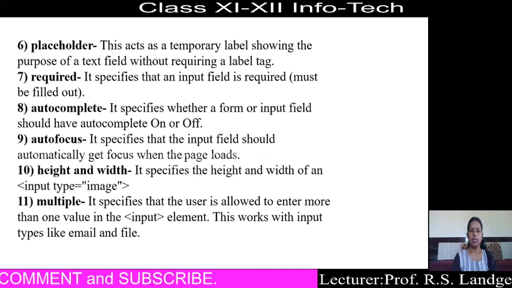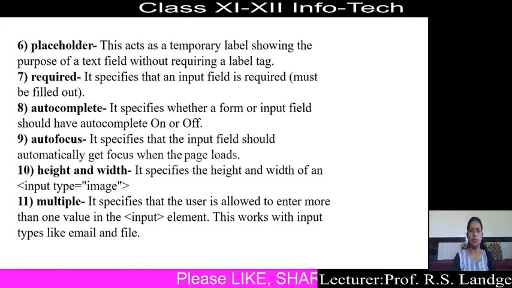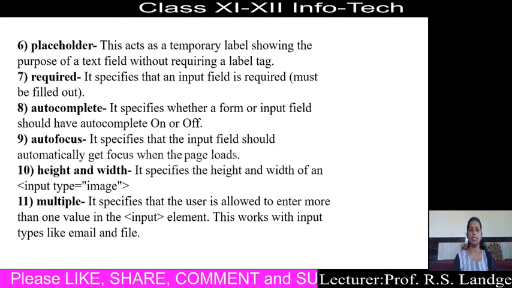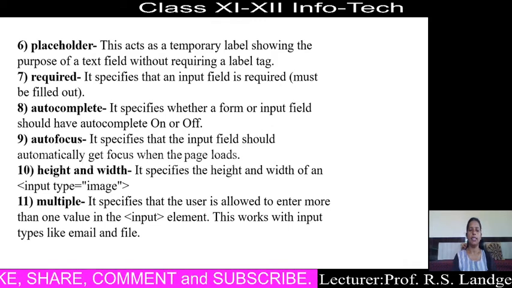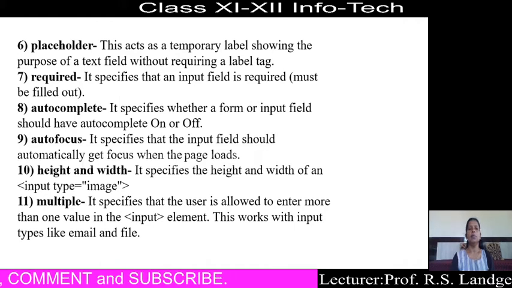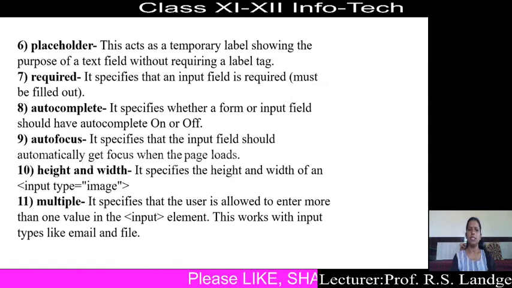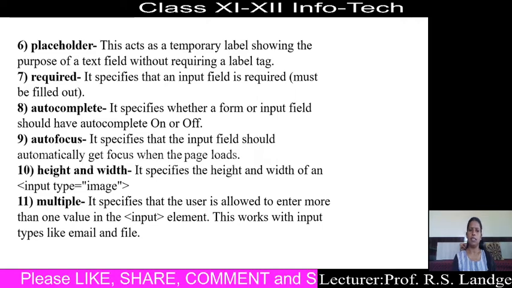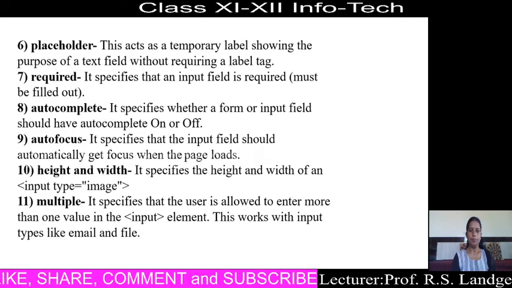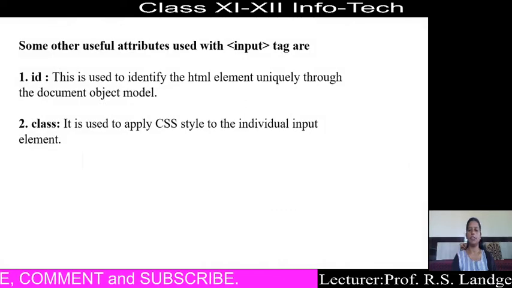That means such as email addresses, more than one email address can be accepted, or in case of file uploading, if we want to upload more than one file, then in such a case we can use this multiple attribute. Means it allows the user to enter more than one value. Mostly it is used particularly for uploading different types of files. Okay, these are some input restrictions.